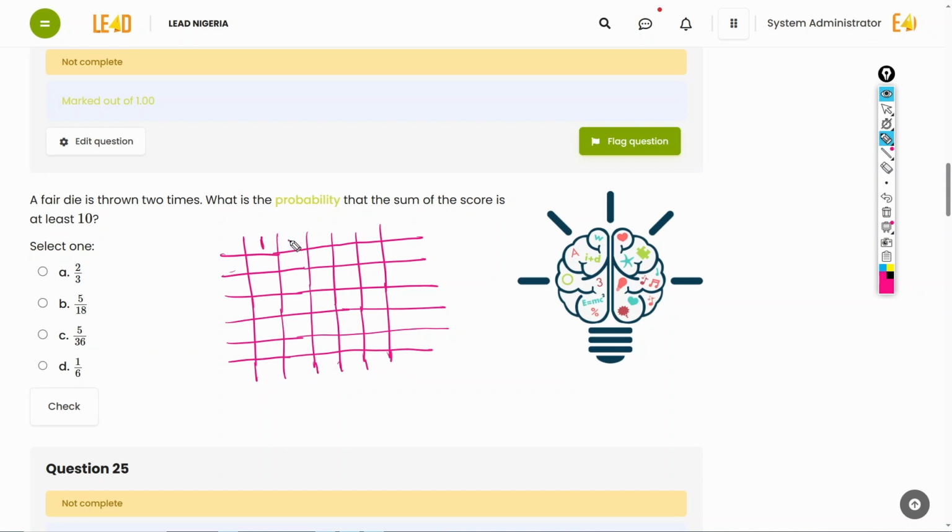So the first one, 1, 2, 3, 4, 5, 6. The second one, 1, 2, 3, 4, 5, 6. Perfect. All right. So we'll write the sum in, and then that sum will be able to tell,